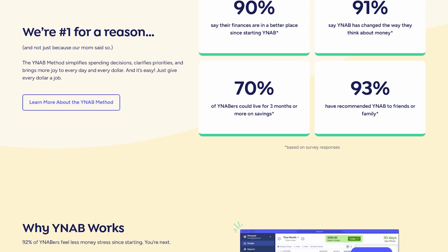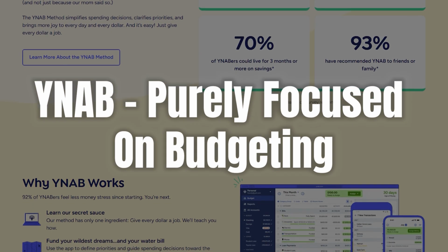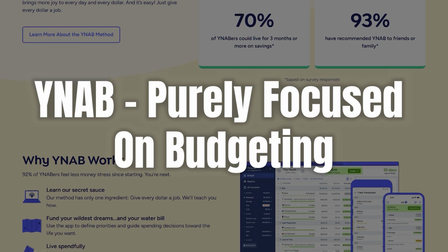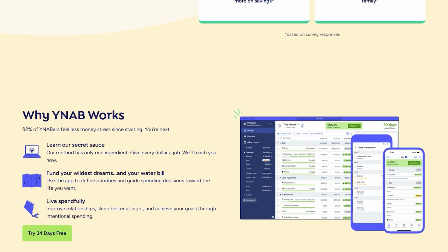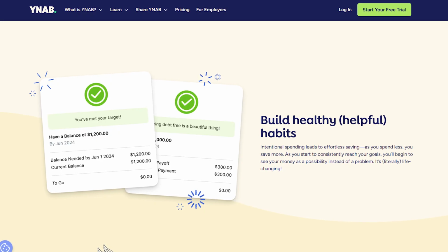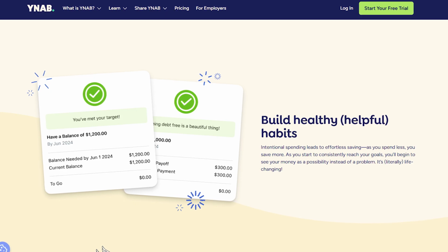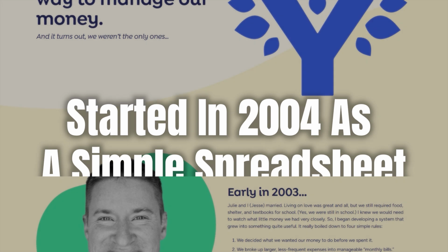Personally, I love that YNAB isn't trying to do everything. It's not about tracking investments or being an all-in-one financial dashboard. It's purely focused on budgeting. And honestly, that focus makes it simple and straightforward if you're someone who wants to get serious about controlling your spending and building savings. YNAB was created back in 2004 by a guy named Jesse Mecham, who started with a